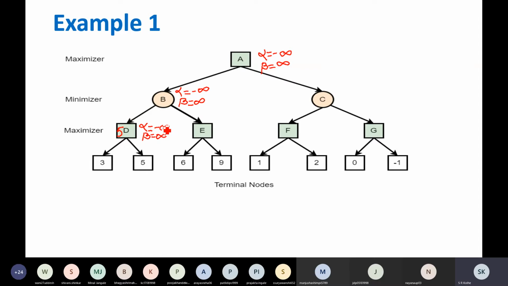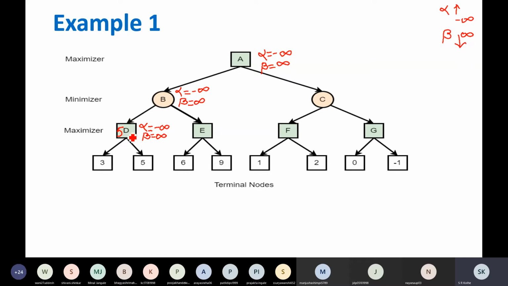Because what is alpha value? Alpha is the minimum that I can take, and alpha value will always increase. Remember, alpha will always increase. Initially it is minus infinity, and beta initially that value is infinity, so it will decrease because beta is the maximum that I have to give. So initially, in worst case, we assume that I have to give everything, but over a period of time we are going to modify it based on the current situation. So we will try to reduce the value of beta.